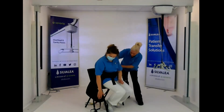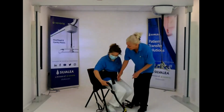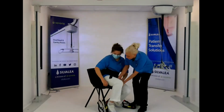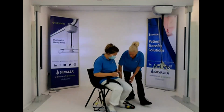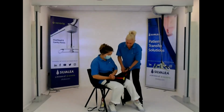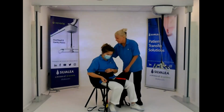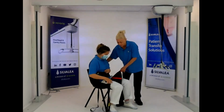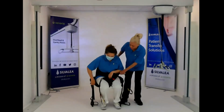The leg sections are made with a slip fit either side. So to get those in, and they pull round. And there are two types of modesty. Don't know whether we can see that. Just let me twist the chair a little bit towards the front, please. That's it. I want you to just see